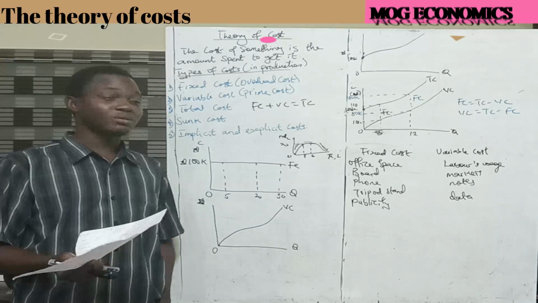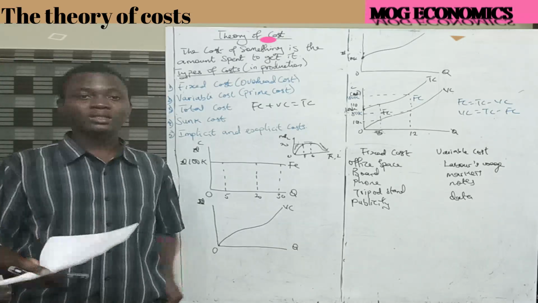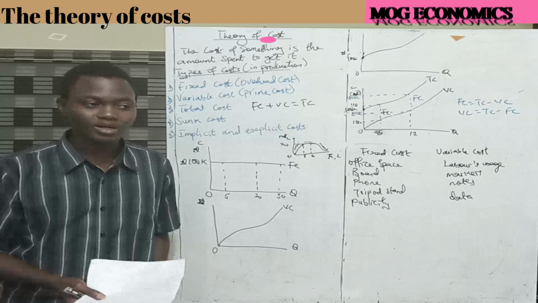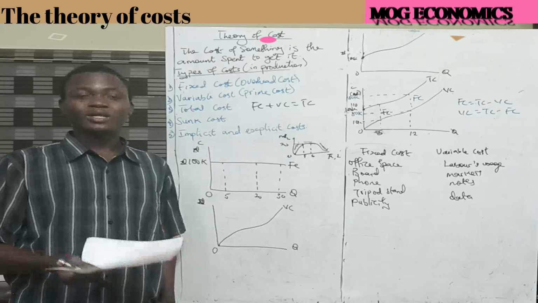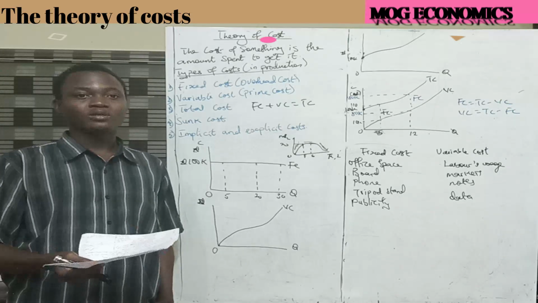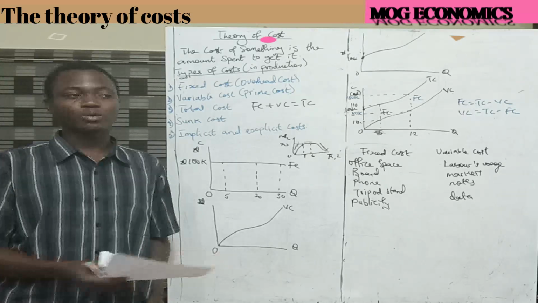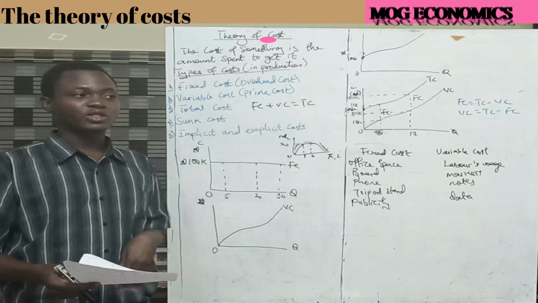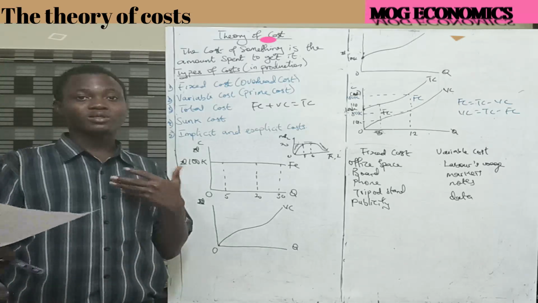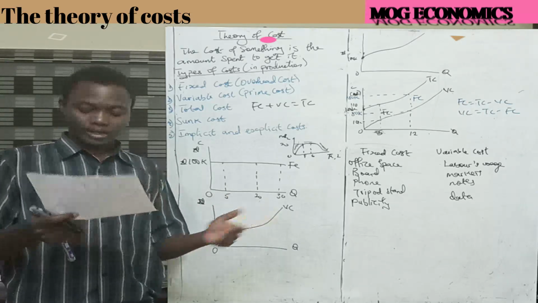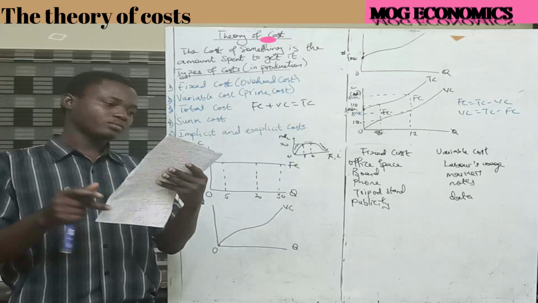If there's an update, let me say I read up something and I was like, damn, I'd be wrong when I was recording this particular video. That means I would have to make a new video and correct that. But for now, from what I've read and understood, that's what I think the difference between a fixed cost and a sunk cost is. Right. So is there something else here?